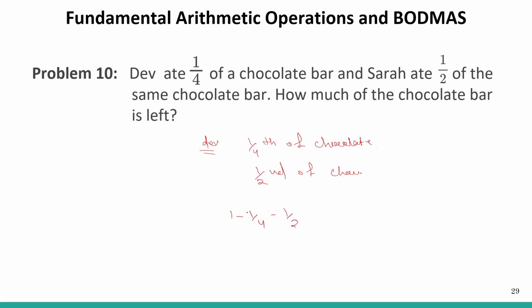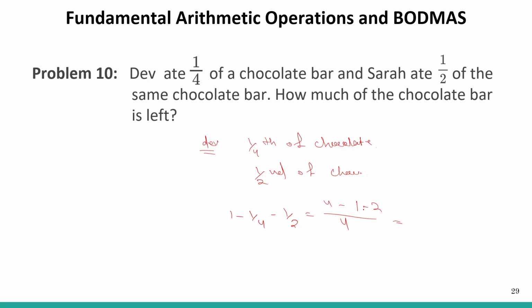First Dev ate 1 by 4th of the chocolate, so 1 minus 1 by 4. Then Sarah ate 1 by 2 of whatever was remaining from the chocolate bar. Let's see the solution. We get the LCM first, and in this case we know the LCM is 4. So 4 minus 1 minus 2,